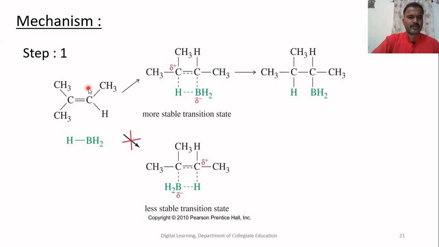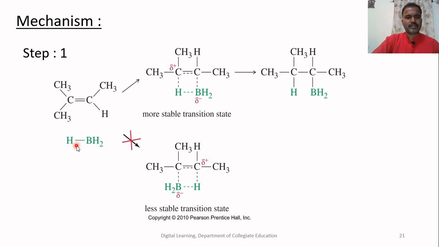The first step involves the addition of borane to the double bond of an alkene through a concerted process, because the bond breaking and bond making take place at the same time. So you just look at this carefully. When we add borane to the double bond, we can add it in 2 different ways. The first way we can guess is the hydrogen atom of the borane is attached to the most substituted carbon of the alkene and it gives this transition state.